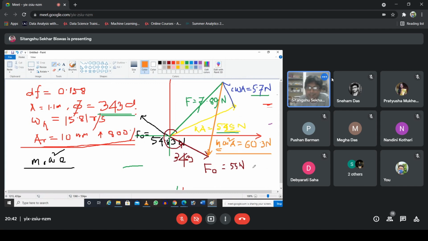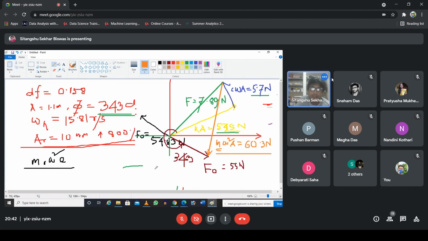So basically, this is the vector representation of the entire thing we did so far. Hope this is very clear. Yesterday we learned the entire thing mathematically, analytically, and today we got a practical problem, and from there we are able to understand it.